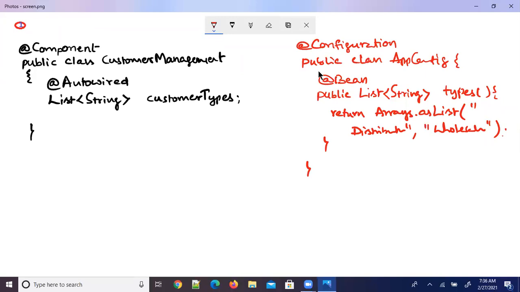Now what happens? This is autowiring this collection. It is a list of strings, a list with the customer types like distributor, wholesaler, retailer. In the same configuration, I also created one more bean method, which also returns a list of strings.